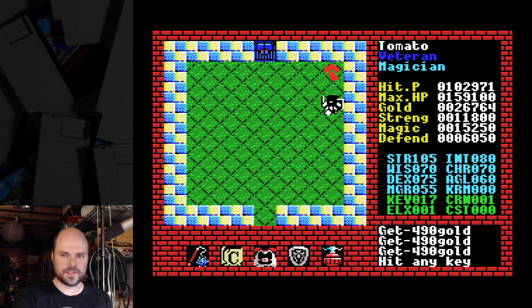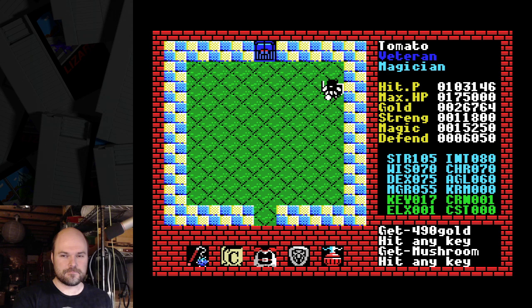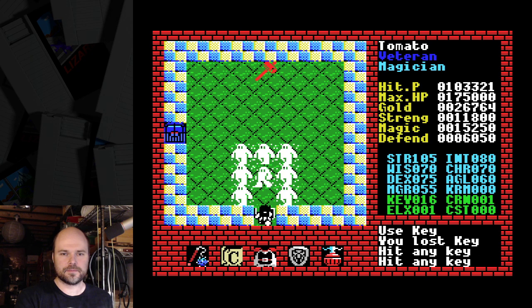Dexterity 75, agility 60, magic resistance 55. Let's see if... Did anything go up? Dexterity? I don't know. This is definitely something I'm going to have to review the video for, just to see what the items do. Okay, so...